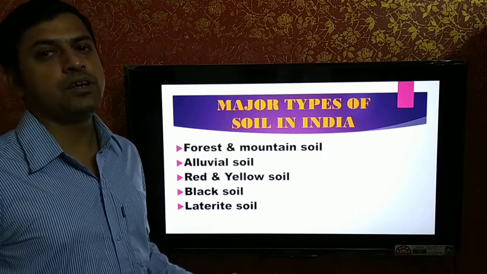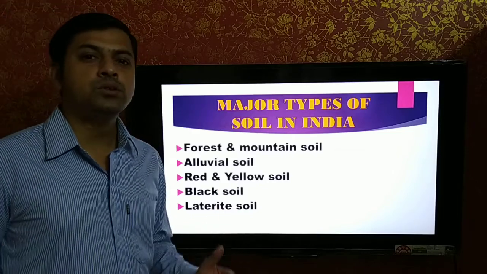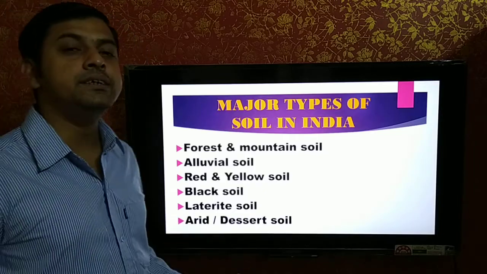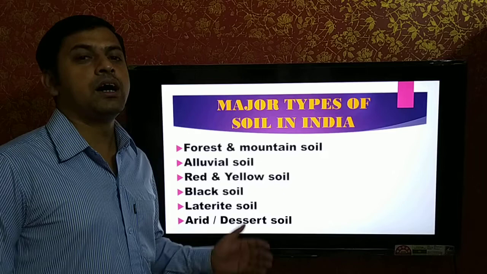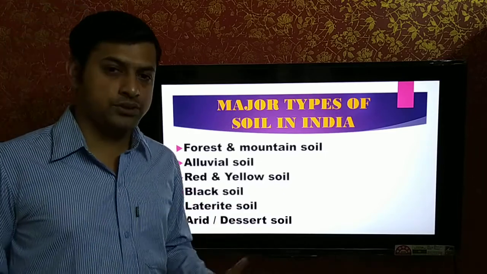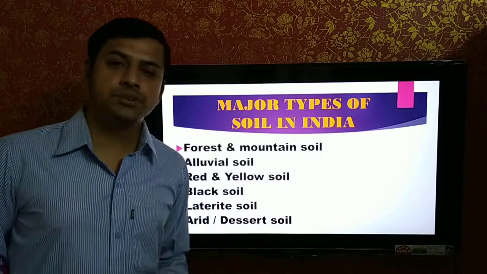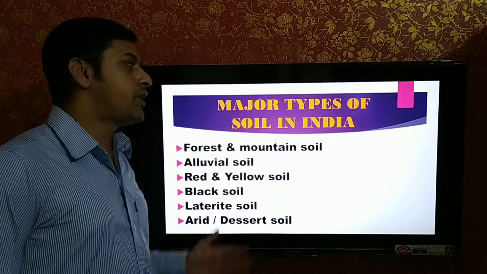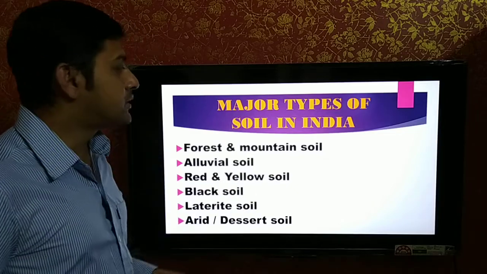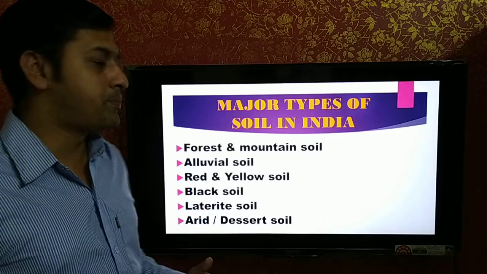Next is the laterite soil. It is mostly found in the northeastern part and southwestern part of our country. And the last soil is the desert soil. In the western part of India, mainly the states of Gujarat and Rajasthan, we can find these soils. About the soil, the vivid description is given in your book as well as in the first video of this chapter. The respective teacher has explained this part. So today I am here only to guide you how to point this soil on the map.